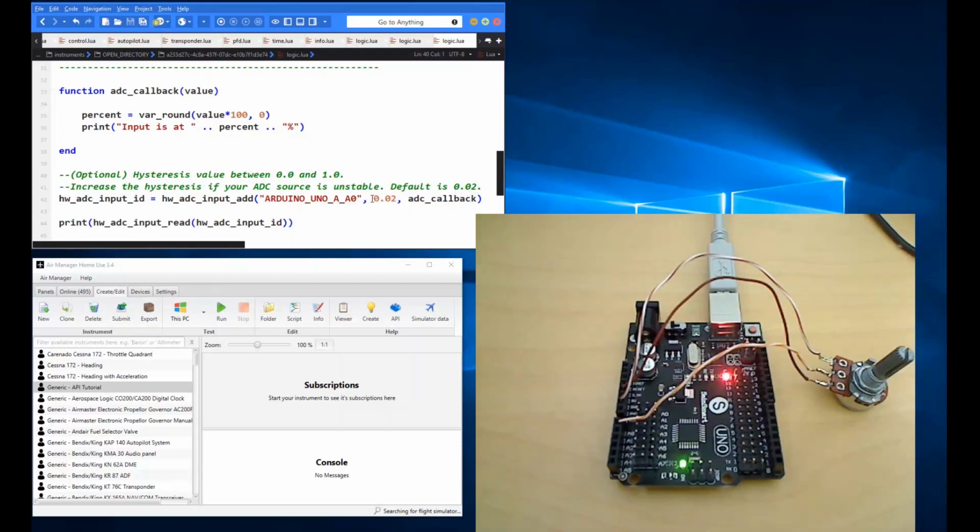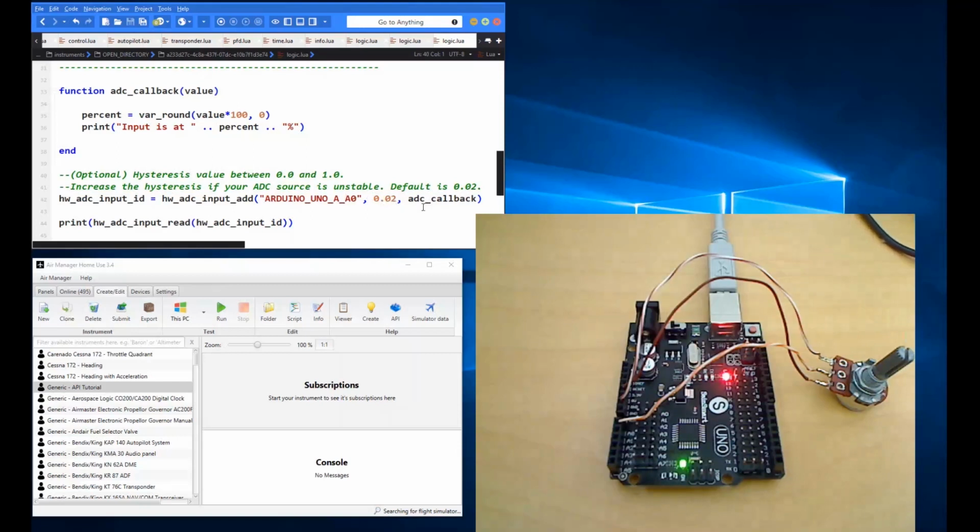But this is essentially the number of the return. So in other words, if you think about the maximum the return could be back from this when it goes back into the ADC callback function, which is what we've created, and I'll explain up here in a minute, that value that it returns can be anywhere from 0 to 1. So the hysteresis is essentially the same as that. If you were to set this hysteresis, say for instance, to 0.2, that would say that the input value would have to change by 0.2, in other words 20% of the total output value,